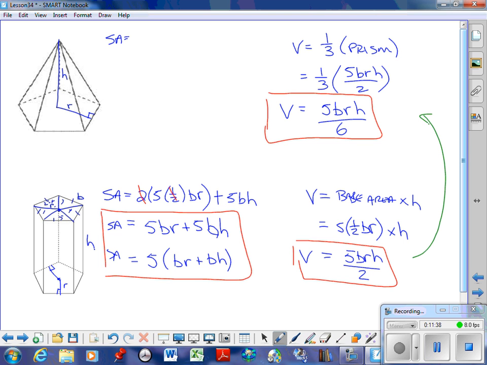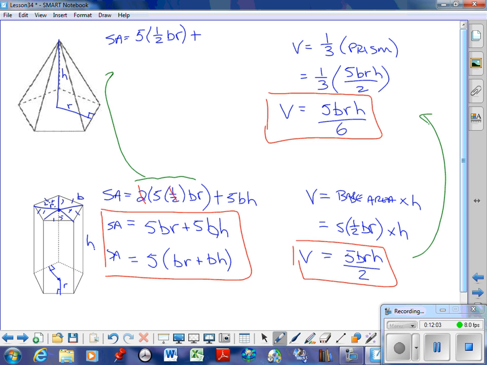It's the same process. For our surface area, we already know the base. We found it down here, right along here. This formula here, you don't need to use my green lines to mess up your notes. But that was the base of the object. This time there's only one of them. We don't need 2 ends. So it's back to that 5 multiplied by 1/2 BR